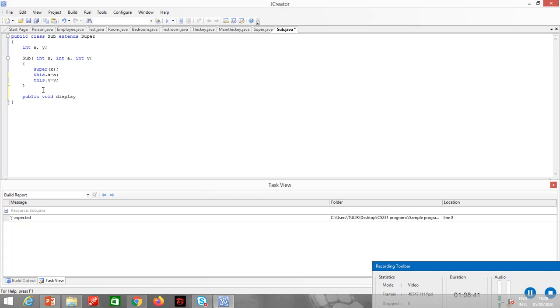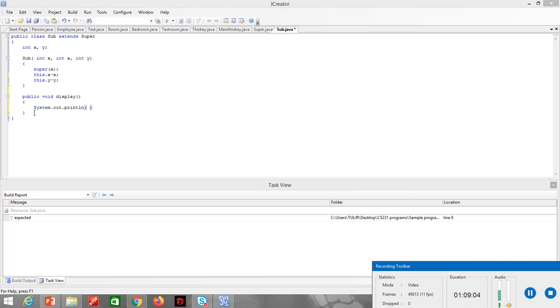Alright. Now what we do over here, we create the same method, with the same name, public void display. So now we call system.out.println. I will use the same variable x in another program.